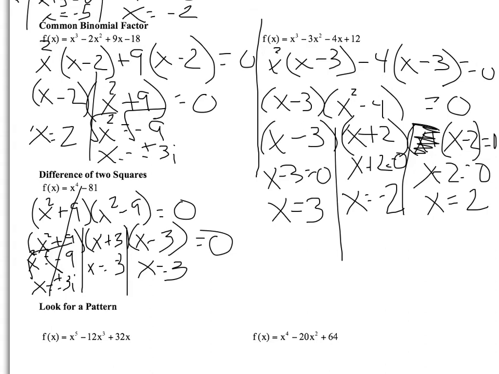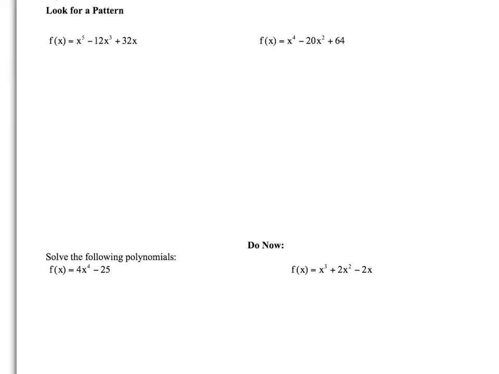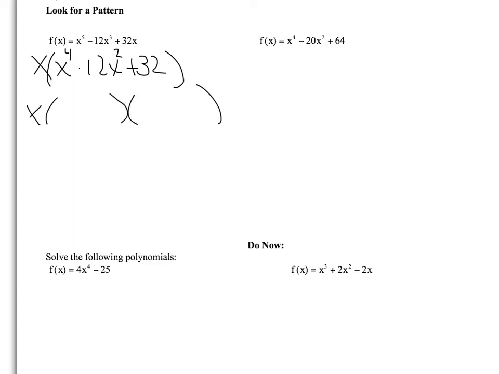Okay, we have 2 more to do. If I look at this first one here, I still look for a GCF, and I see a GCF, it's x. And I would be left with x to the 4th minus 12x squared plus 32. Now I know this looks difficult to factor, but it's actually not that bad. It's just like as if it were x squared minus 12x plus 32. Instead of having an x and an x for my double bubble, though, I'm going to have x squared and x squared. Factors of 32 that add or subtract to a negative 12 are